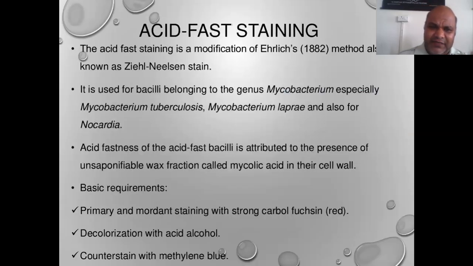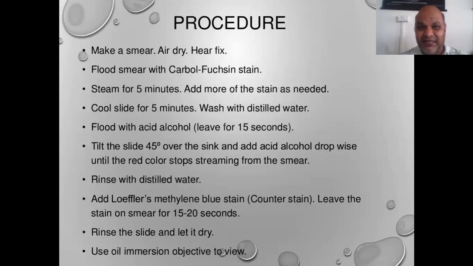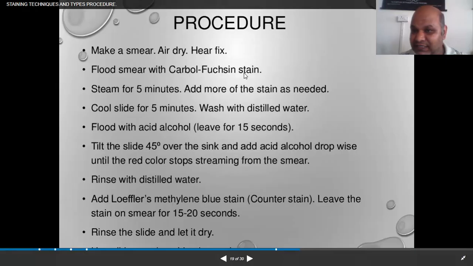Acid-fast staining, the Ziehl-Neelsen stain, uses carbol fuchsin dye. This is another type of staining technique, where acid-fast bacteria are observed. We use the same procedure: we make a smear and use 2 dyes, one is the actual dye and another is a counter dye. For the actual dye, we use carbol fuchsin stain, also known as Ziehl-Neelsen stain, and for the counter stain, we use methylene blue.